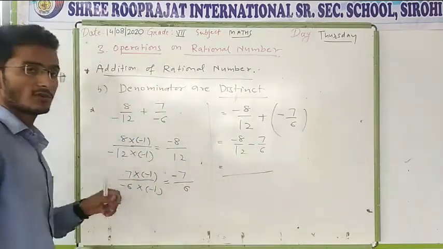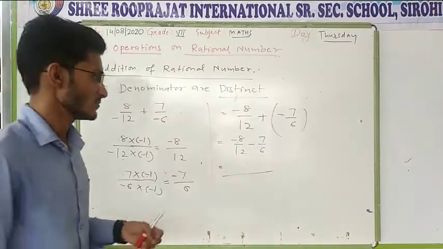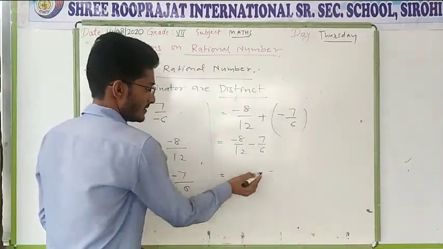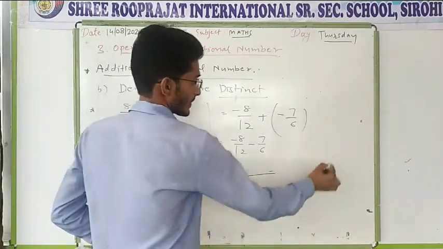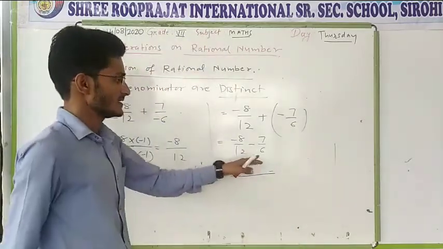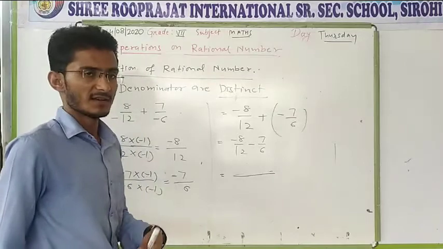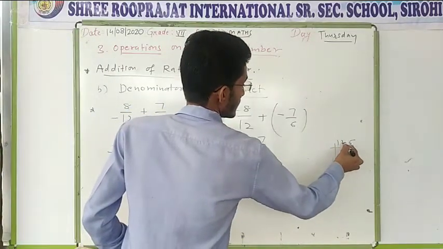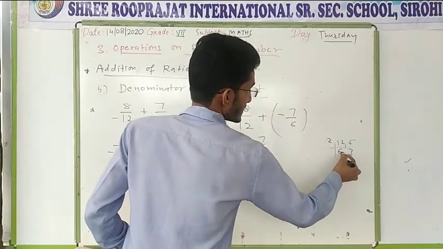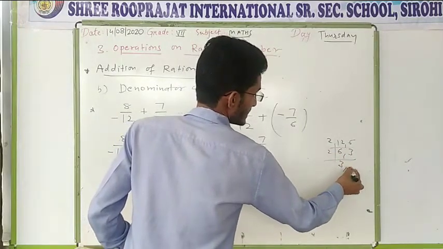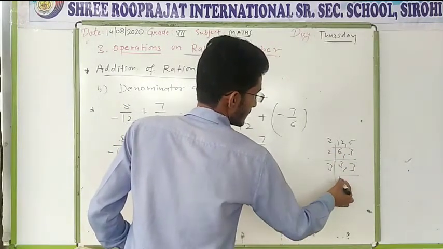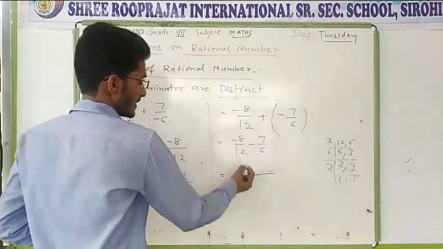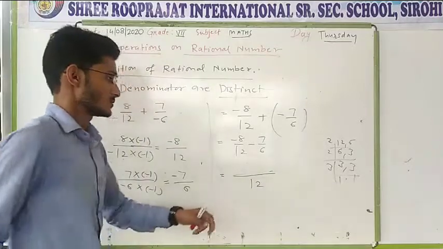Now when both denominators are not the same or not equal, you have to take the LCM. So the LCM of 6 and 12 will be 12. When one number is completely divisible by the second one, that means the greater number is the LCM. You can find it, if you wish, by dividing by 2: 6 becomes 3, and 12 becomes 6. Again divide by 2: 3 stays 3, and 6 becomes 3. Then 3, 1 and 1. So 3 times 2 is 6, and 6 times 2 is 12.